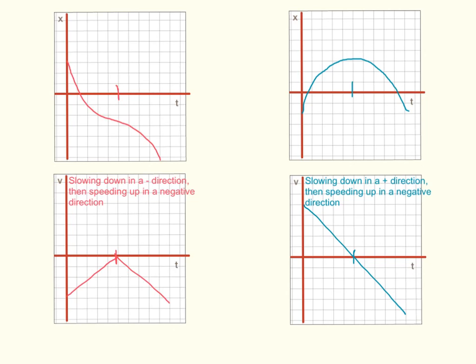Moving on to the blue graph, the velocity time graph, we're slowing down in a positive direction. We're going from fast to slow in the positives, and then we're speeding up in a negative direction. So it looks exactly like this, except here we started in a positive direction, slowed down, and then sped up in a negative. So our position time graph should also reflect that. We should be slowing down or going from steep to shallow in a positive direction, and then shallow to steep in a negative direction. So if you got anything wrong, please fix it and write down any questions you have,